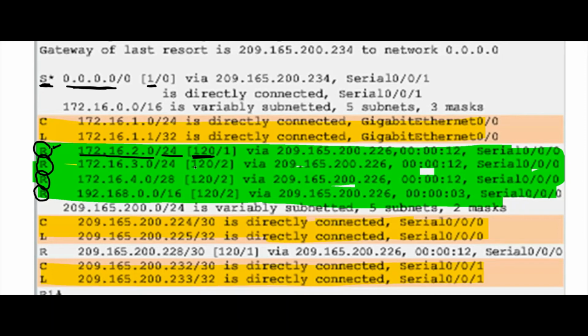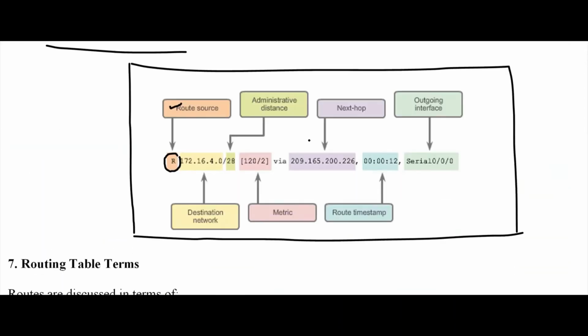So 120 for the RIP protocol, there is some number given. It's coming down, no need to worry. So 120 is the number I'm seeing if I use the RIP protocol. But if I use static routing, I'm seeing the number as 1 here. What is this, teacher? No need to worry, I will answer in this particular part.